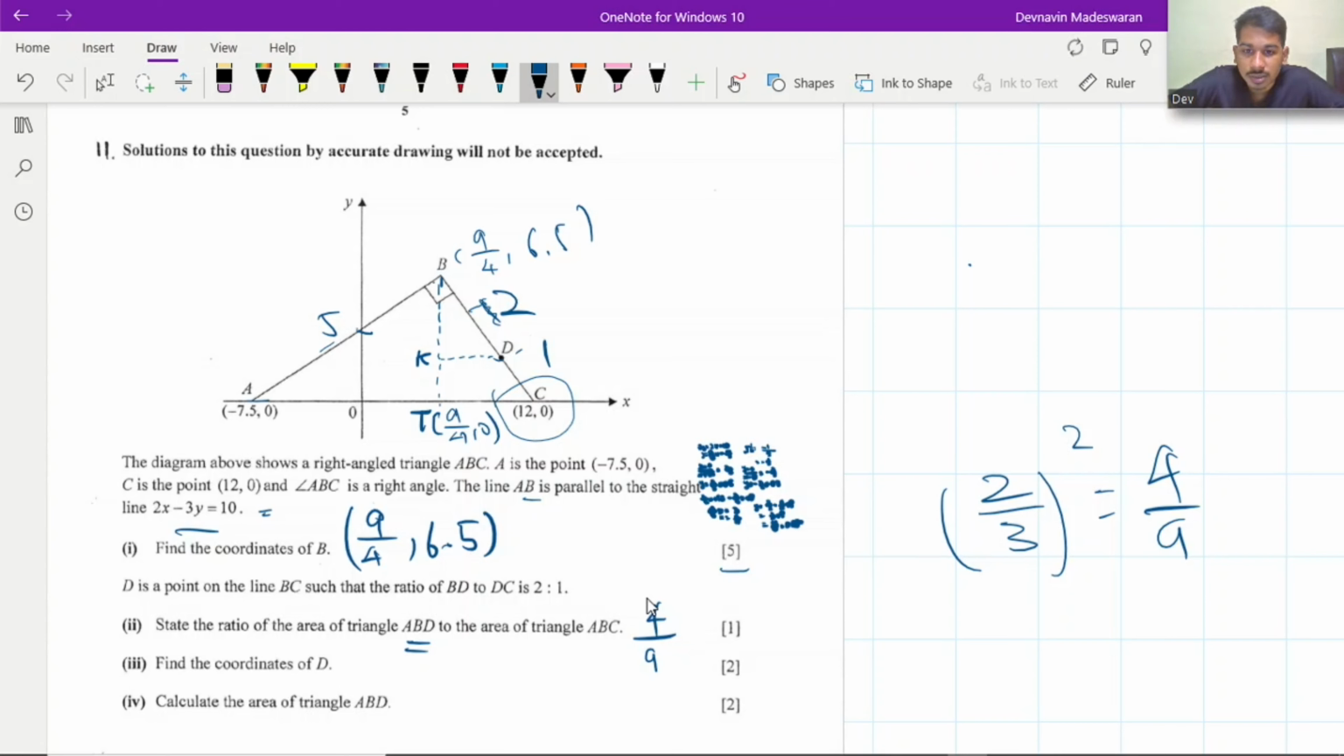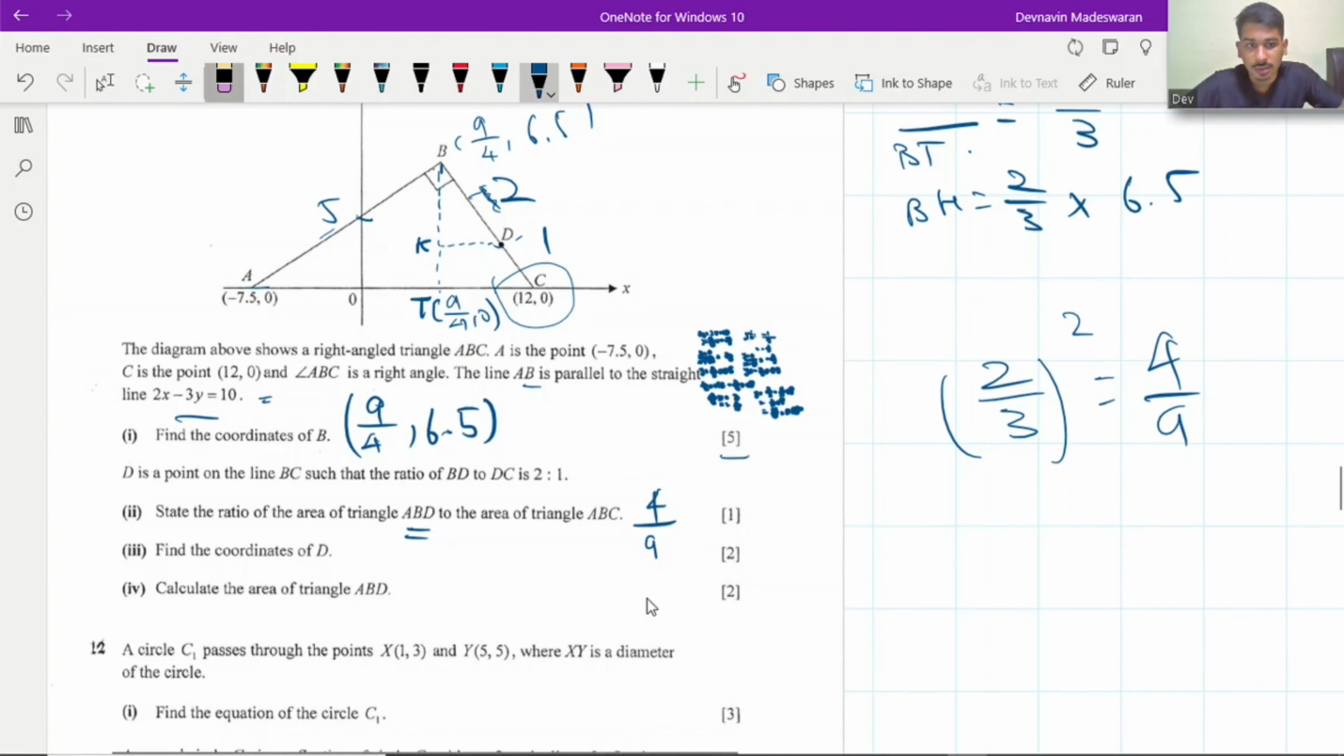Okay. So we need to find the length of BK. Length of BK over length of BT is equal to 2/3. So BK is equal to 2/3 times BT. BT is gonna be 6.5. So using that logic, we could